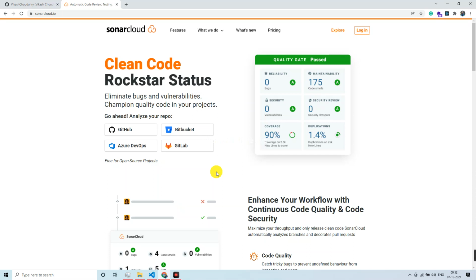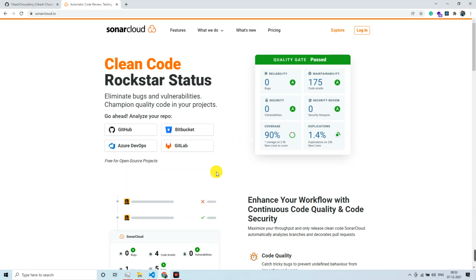Okay. So the objective is to integrate Sonar Cloud with GitHub through the GitHub Actions workflow. And as an end result, we should be seeing the Sonar Cloud scan in action. And once the action is over, we should be seeing the action result in the Sonar Cloud dashboard.